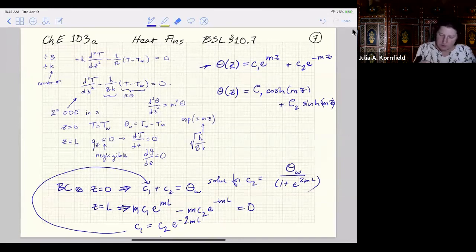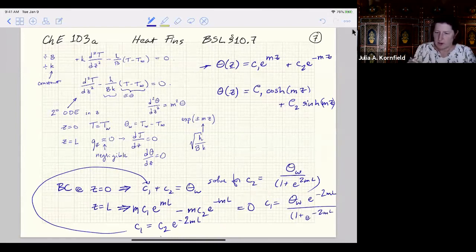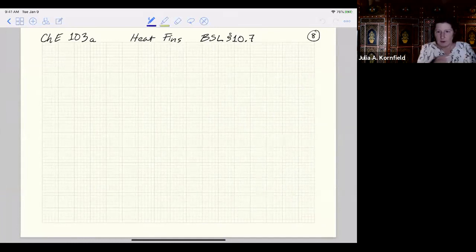And C1, so look at that. So C1 is theta wall, oops, sorry about that, e to the minus 2 ml over 1 plus e to the minus 2 ml. Got it. Okay. So now we put those back in and do a little bit of algebra, and you get that